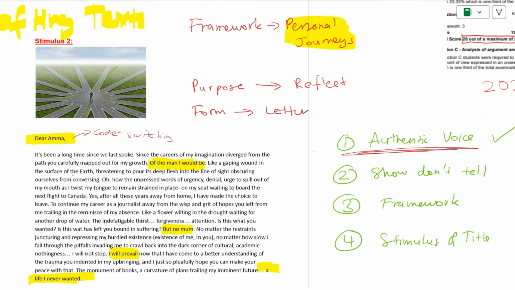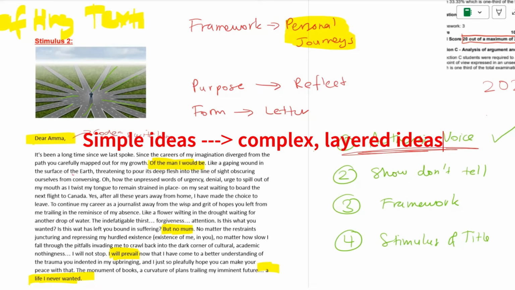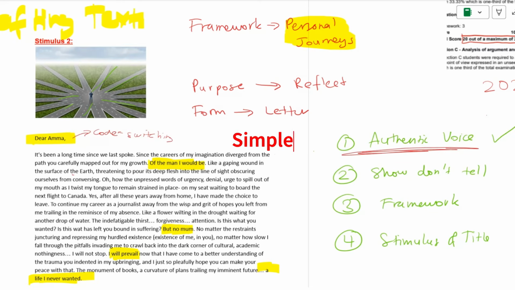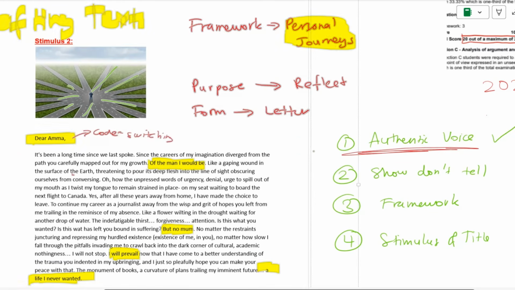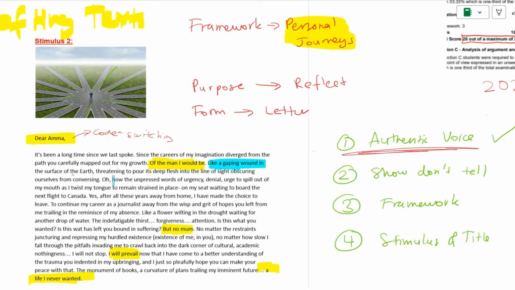the second thing I really want to describe and emphasize the importance of is show, don't tell. So this is obviously where figurative language, descriptive language, all of those things come into play. And this is how the examiners really try to assess your knowledge of vocabulary, your understanding of writing, and your ability to take simple ideas and turn them into more complex, more layered things that in the end of the day have more valuable insights or more valuable depth, and that depth will definitely be rewarded. So some examples of where you can definitely see that kind of thing coming across here